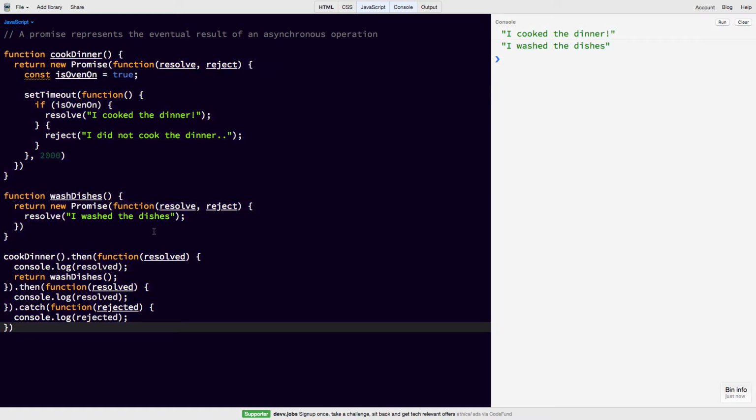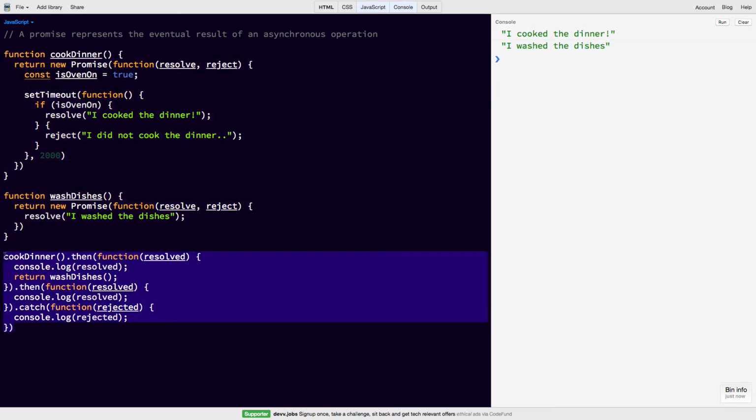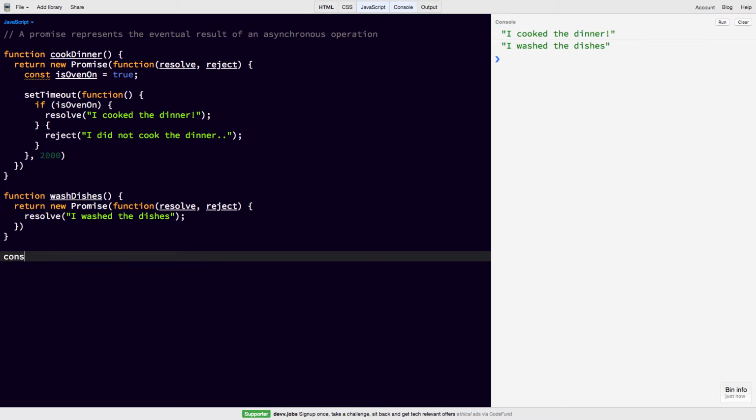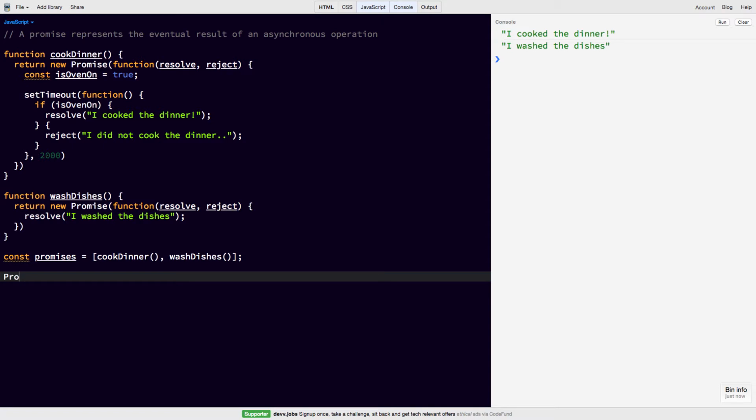So now that we've covered promise chaining, let's look at something else. We can do something really cool. We can put these function calls into an array. We can say const promises equals cookDinner and washDishes. Now we can say Promise.all(promises).then, and again another callback function, resolved,